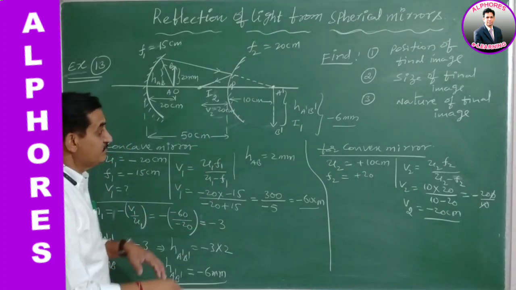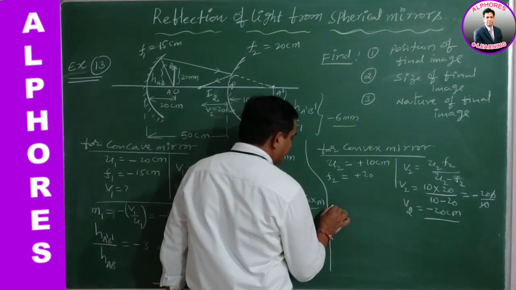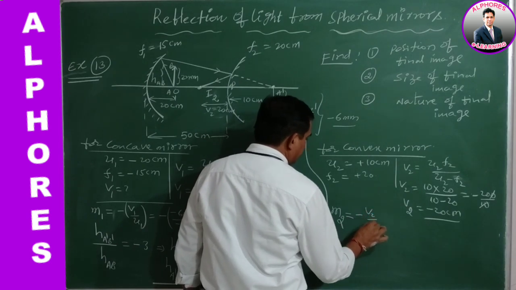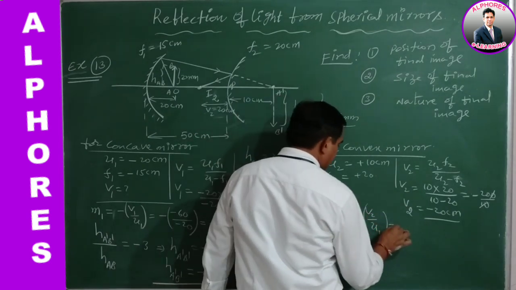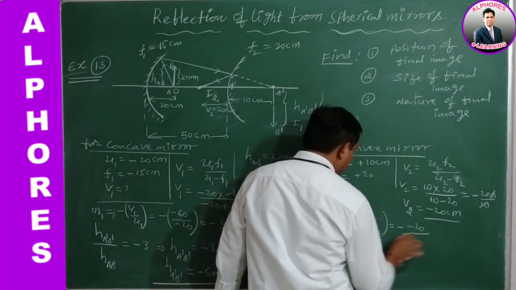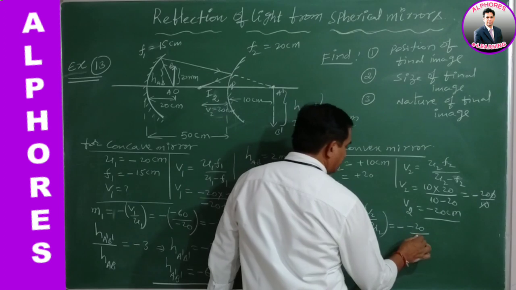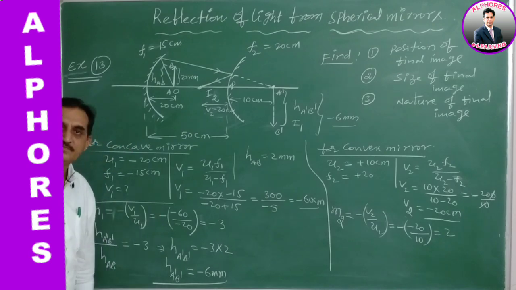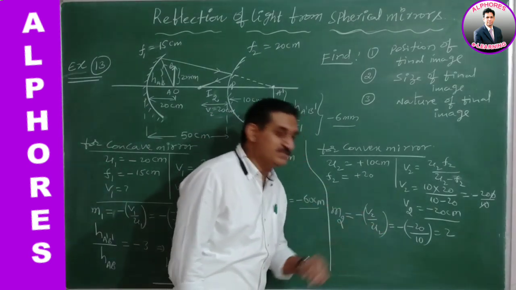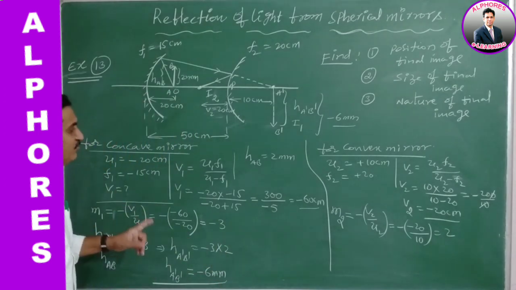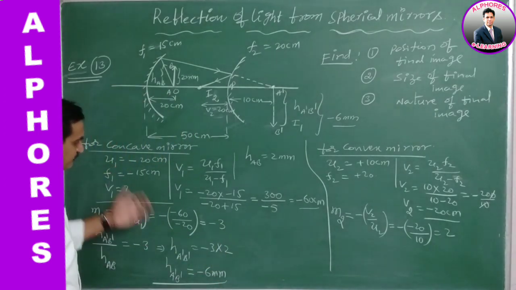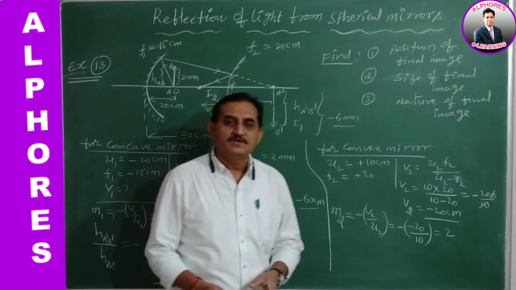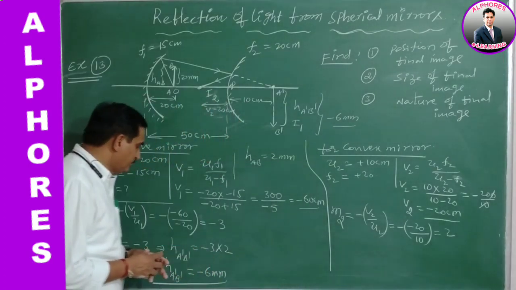Okay. Now let us find the magnification of the second mirror. M2 is equal to minus V2 by U2, and put the values. V2 is minus 20, U2 is equal to 10, which gives us 2. Magnification is positive. Why is it positive magnification? For every value we obtain by solving this problem, each point should have its great meaning. So we should focus on them.